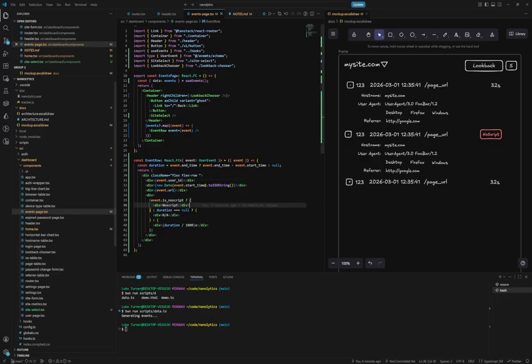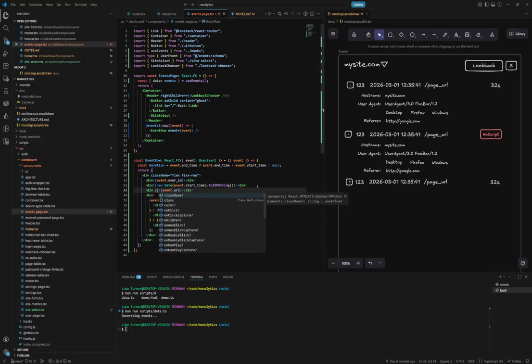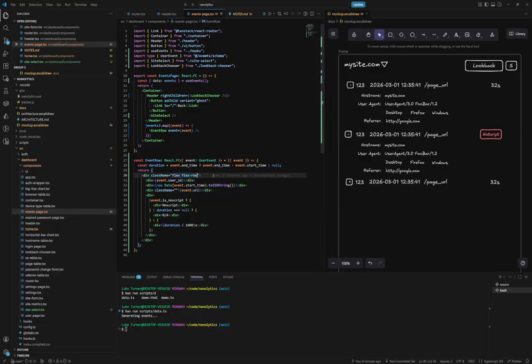Okay. And then, what was I doing? That's probably fine. And then this URI is the thing that we're going to want to have take up the space. So it would be like class. Oh, one thing I want to do here is gap 1. And this would be like flex grow. Flex 1, flex,